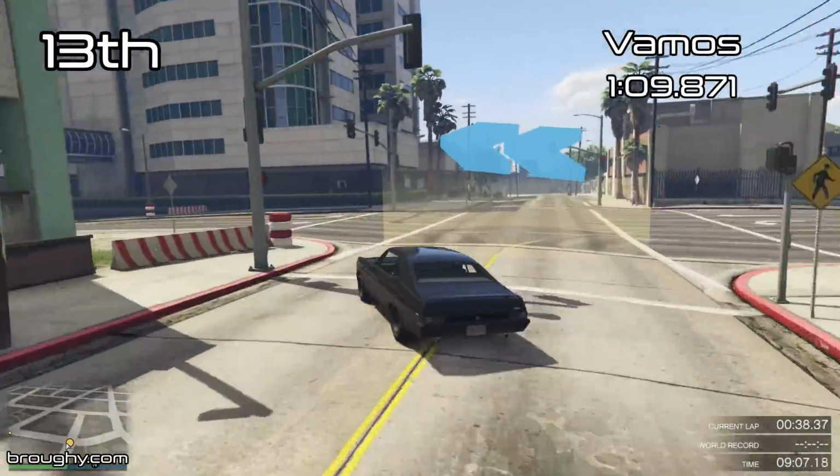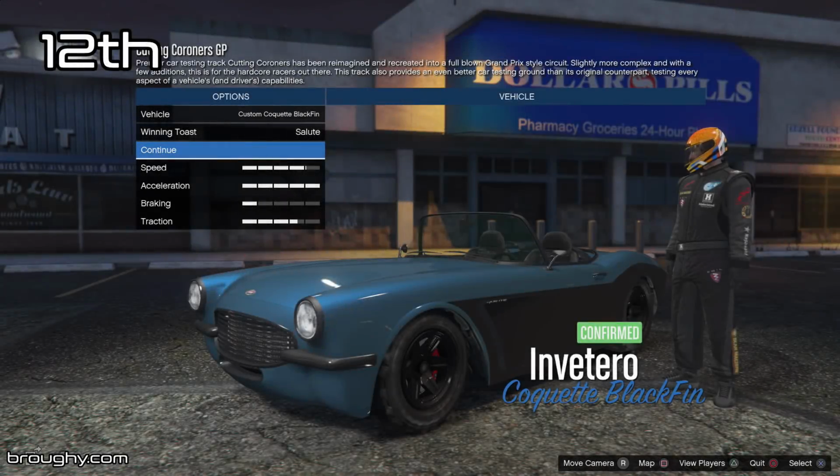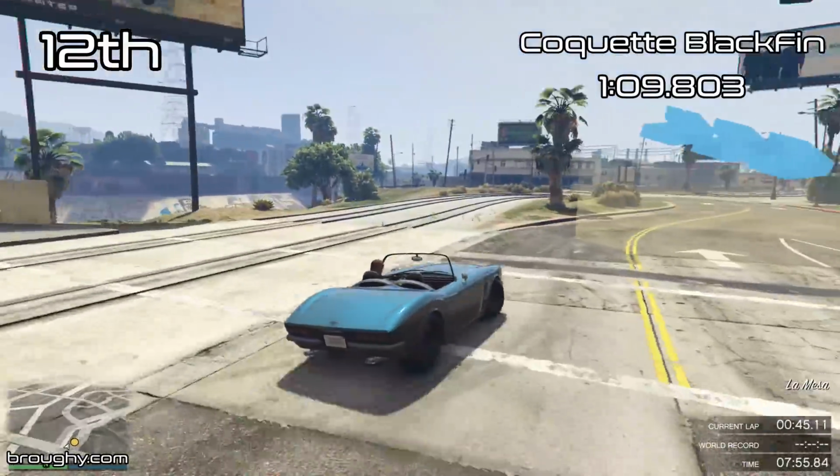Ignore the Vamos, by the way. Awful car to drive, probably the worst car to drive in the game. It will randomly steer left and right every time you hit a bump. Forget that exists. But all of the other cars around here, the Coquette Blackfin, the Gauntlet Hellfire is a really